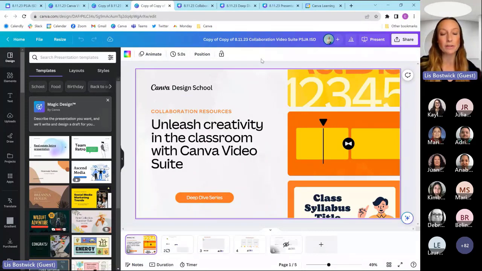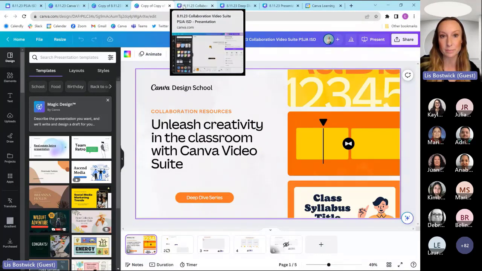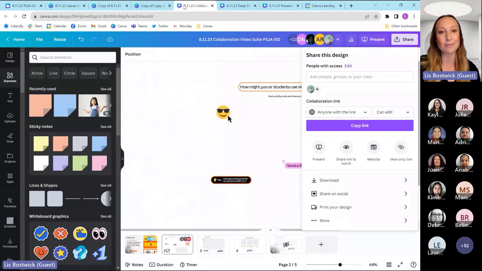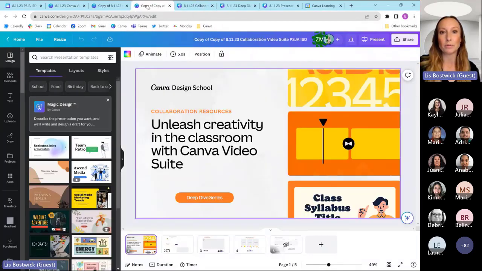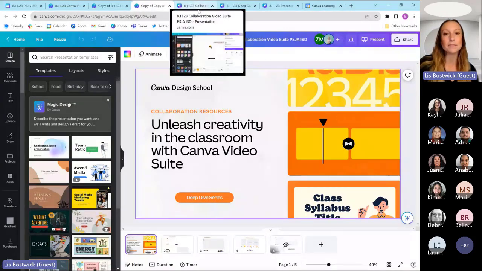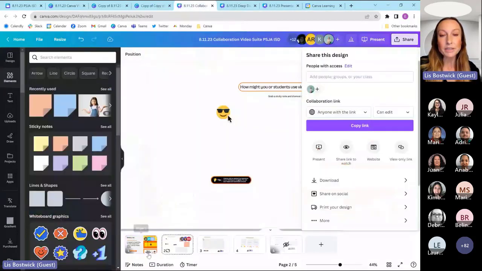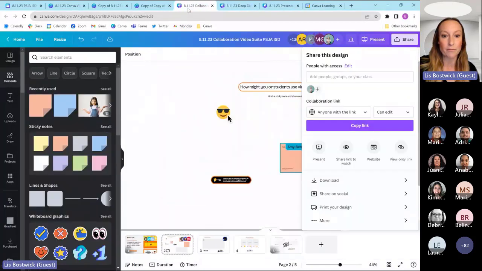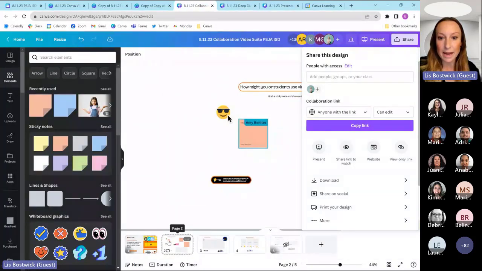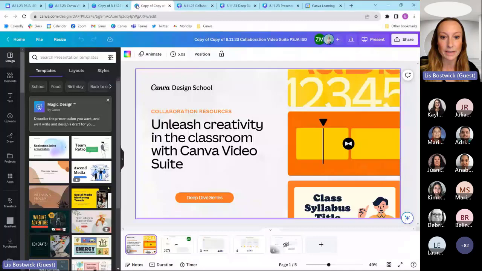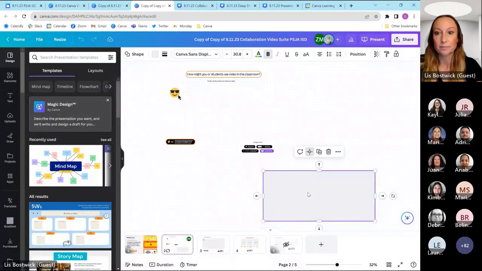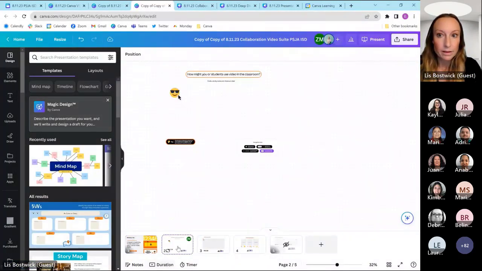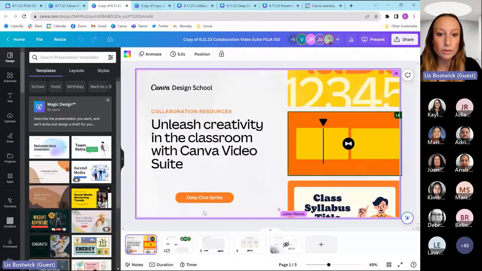If it ever seems like you don't see the tabs that I'm clicking on, please feel free to let me know. But I do see that we have people in these documents. I see Amy is adding a sticky note, which is fantastic. So grab one of those 3 links.